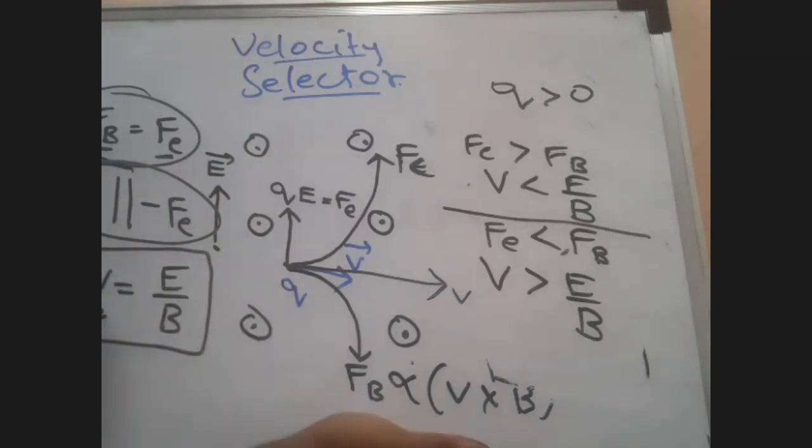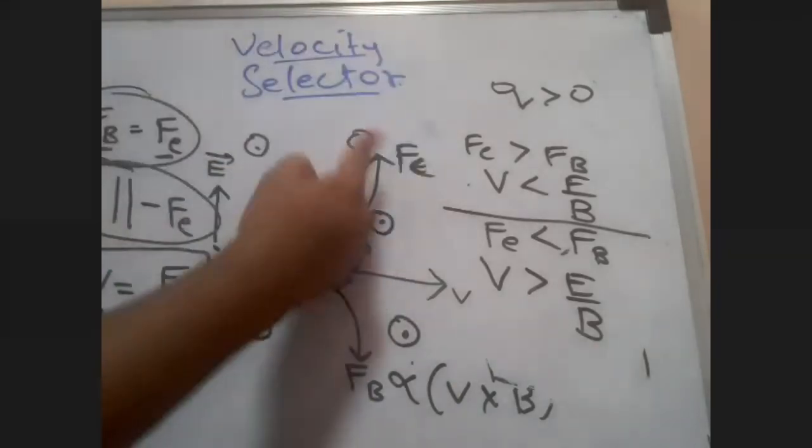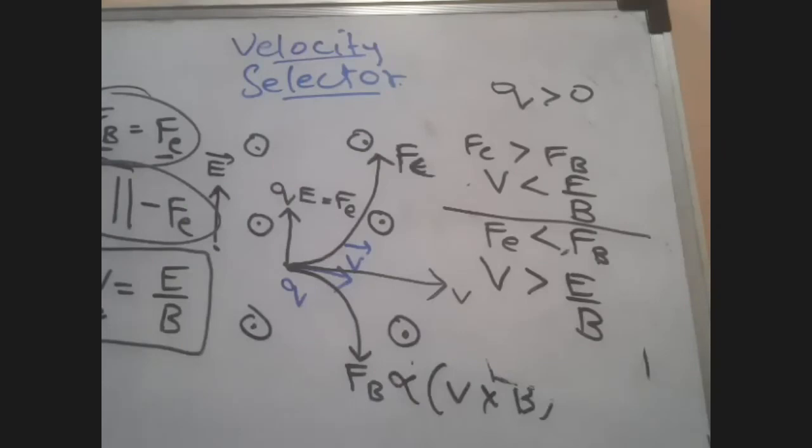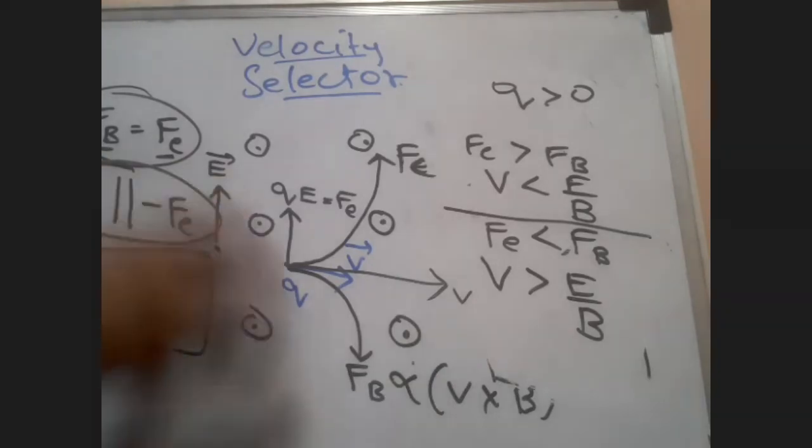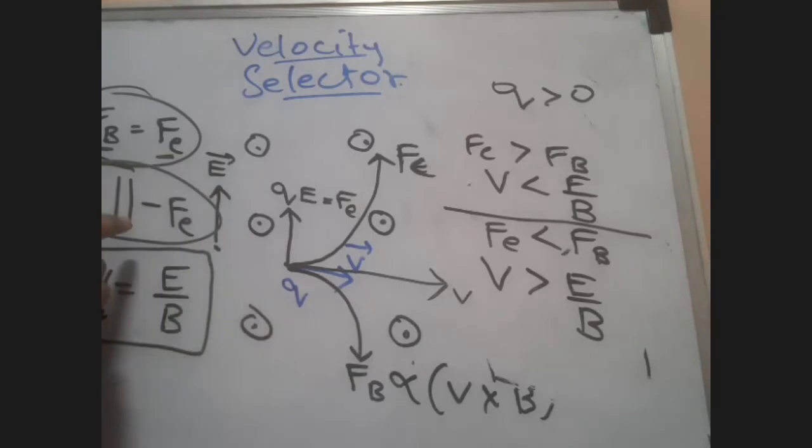If you put a plate over here, all you will get is charged particles which are affected more by the magnetic field. If you put a plate over here, you will get the charged particles which are affected by the electric field. You put a plate over here, you will get the particles which are not affected by both fields, electric field and magnetic field. This is called an old velocity selector.